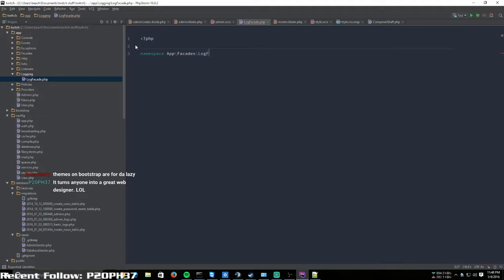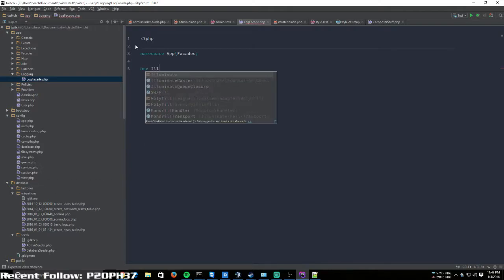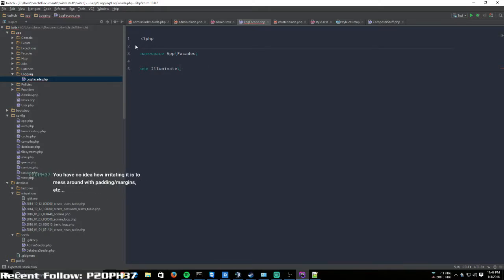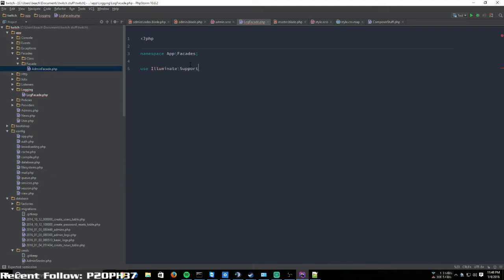Wait, no, I don't need that. It's gonna be, and then use Illuminate support. No. What is it again? Support facades. I knew it. Support facade, and then we'll do class log facade extend facade,